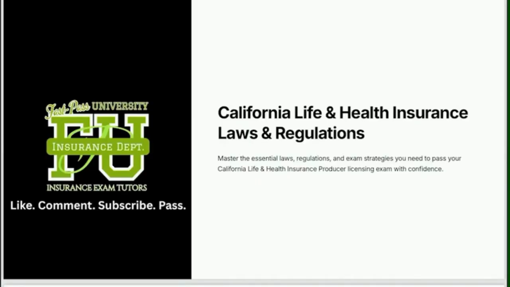The first part is insurance laws and regulations common to all lines that will be on every exam, no matter what you're taking, whether it's life, health, property, casualty, personal lines, commercial lines. You need that part one. And then everyone's part two will depend on which exam they're taking, right? So if you are taking the life and health insurance exam in California, then this is your part two. This is what ties in all of the laws and regulations and will have you ready to sit for your exam in regards to laws and regulations.